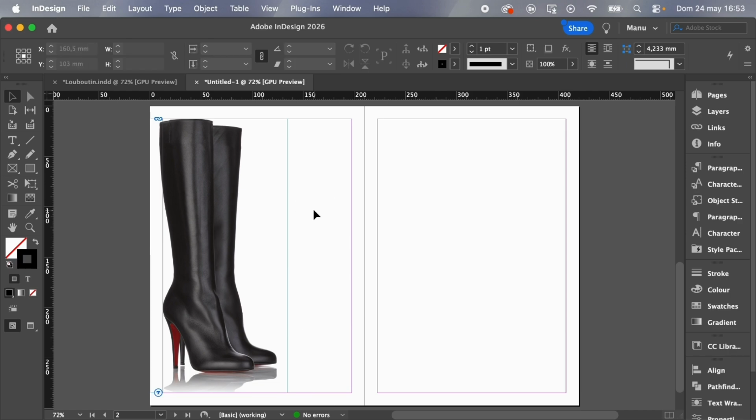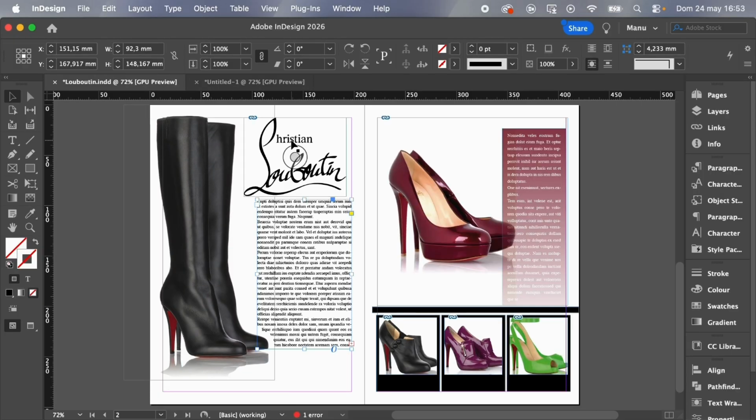Let's go with the second image, which is not an image because it is a vector. I'm talking about the logo of Le Boitin. We can check how it starts at the top margin, and if I select it, the height is 78 millimeters. I can check it here.